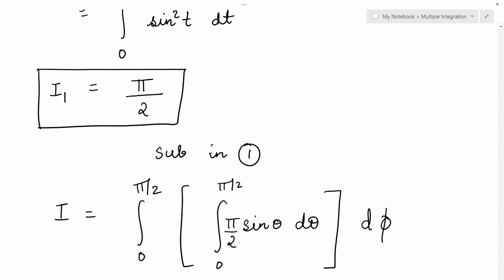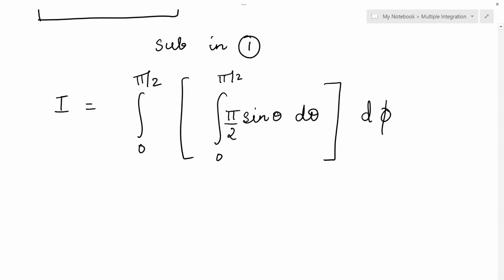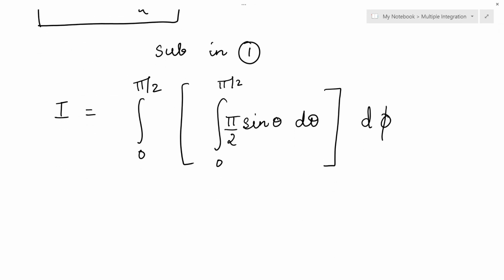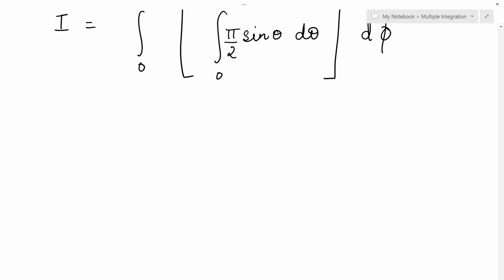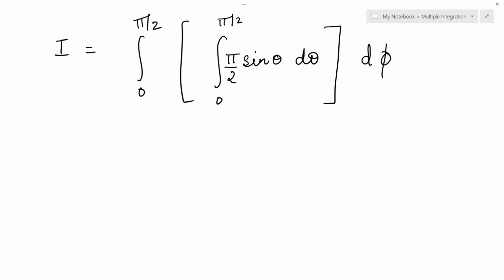So pi by 2 will come outside the integration, right? If you solve sine theta, the answer will be 1, and for phi it will be pi by 2. So the final integration, after you solve it,